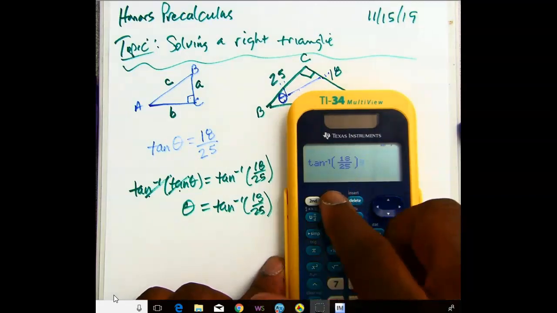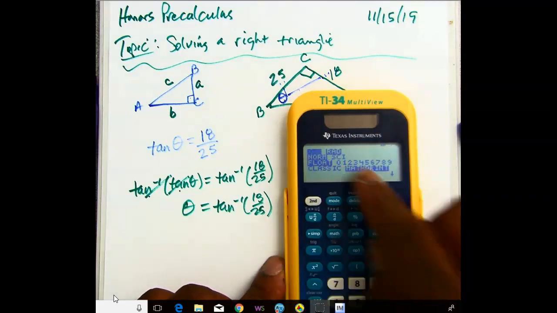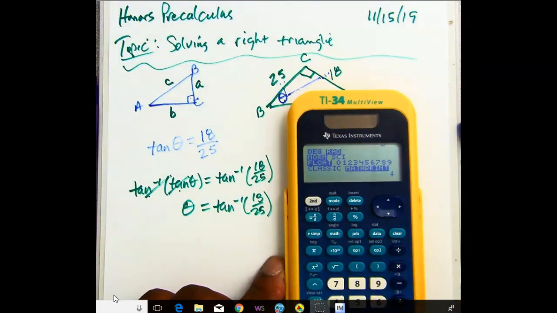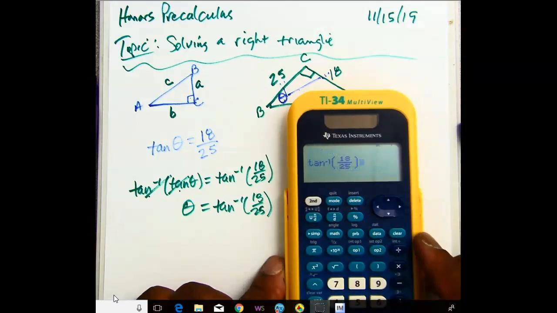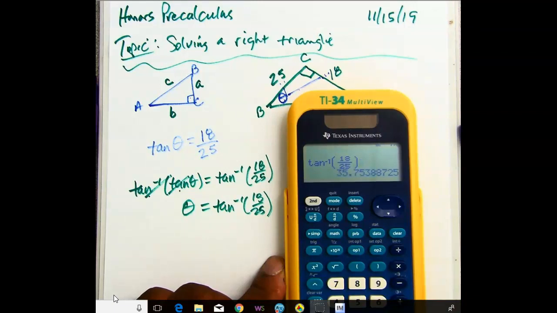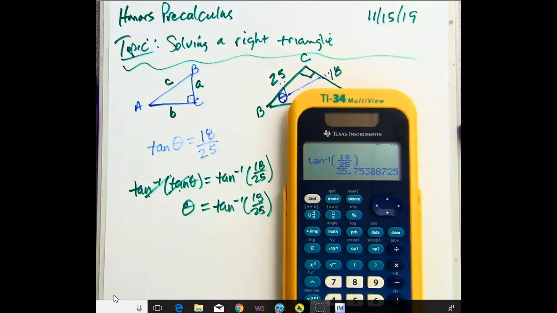So let me do that. So my mode, I want to make sure my mode is on degrees. Okay, so now that I'm on degrees, I ended up with 35.75